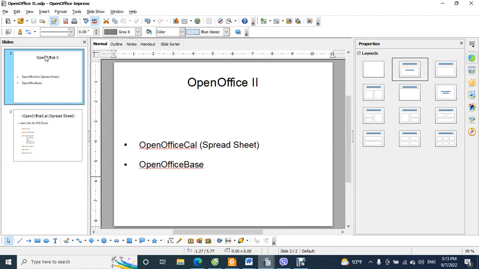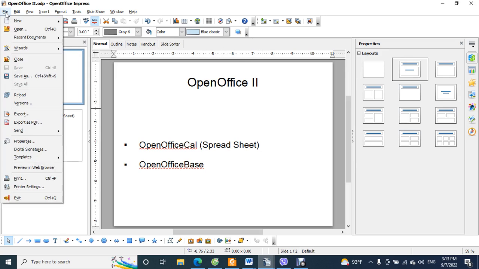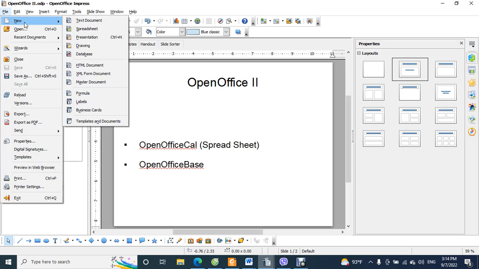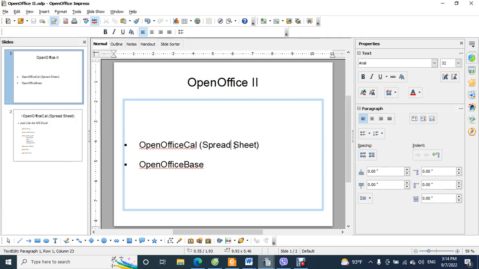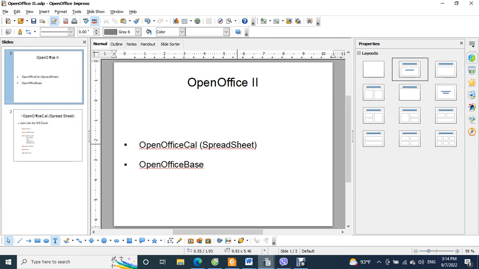For year 8, you need to learn OpenOffice 2. After learning OpenOffice for WAM, Writer, and Impress, in OpenOffice 2, there are two main parts. OpenOffice Calculator. It's just like Microsoft Excel. So it's called spreadsheet. Okay, my spelling I need to check. Okay, spreadsheet. You should write it like this, spreadsheet. And then